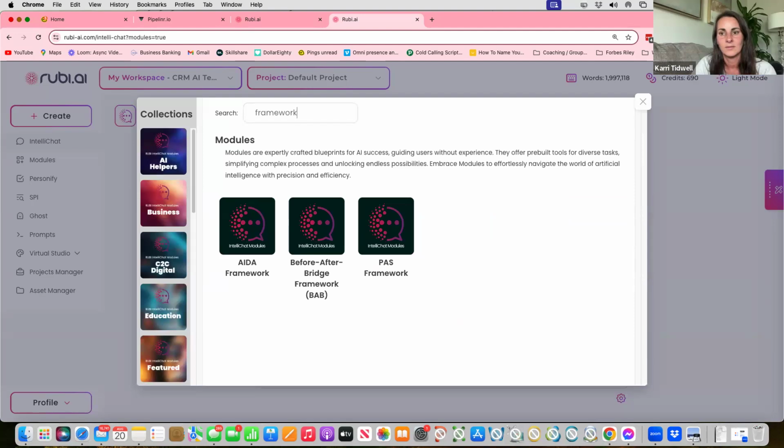and document all their pain points. Those are your pain points to throw into Ruby and say, create me this based on these pain points. Paint the before and after bridge. So you can go in there and say, this is where she is right now, and this is how I can help, and this is where she'll be, right? These three, just when you type in framework, are different frameworks that marketers use to describe it.